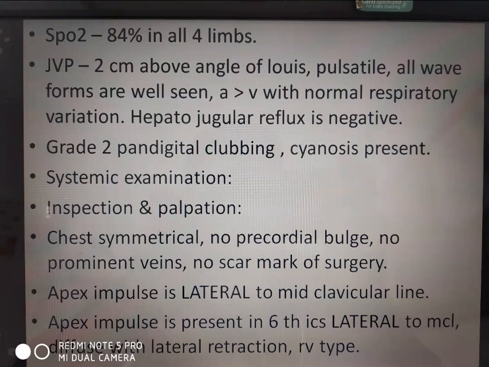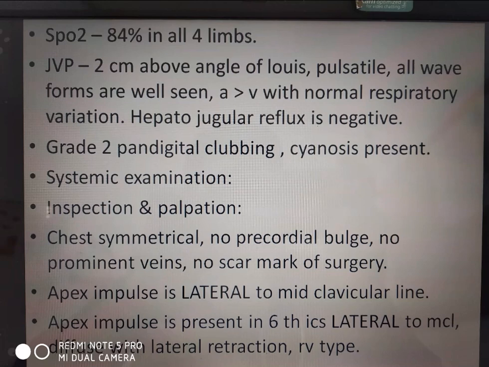Sir, in case of LV it is down and out. Pulsation, sir. So down and out is LV. RV is down and upward. Sorry, outwards and upwards. And based on retraction. Even though that's a general statement, in RV type of apex also, you can sometimes get apex beat down and out. So that is not always based on retraction. It is most of medial retraction, RV type, sir. Lateral retraction is LV.